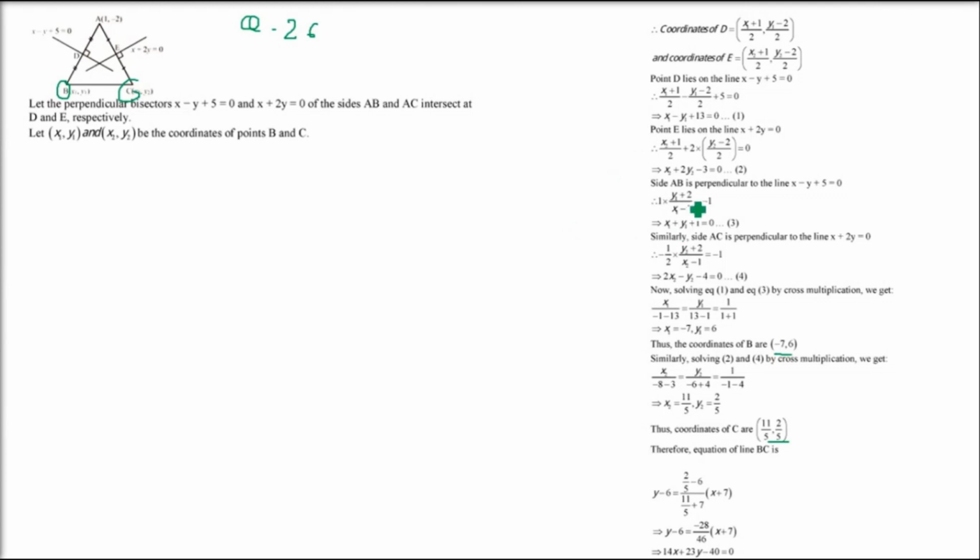Mostly people ask me, why don't you solve everything? If I try solving all this, it will take a huge amount of time. One question will take at least 10 to 15 minutes. So the logic is important, because ultimately you have to solve it in your exam. It's better that you understand the logic. The computation part I generally skip, unless the question is important.